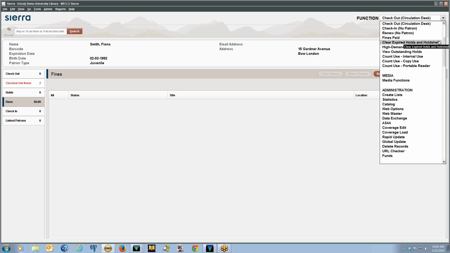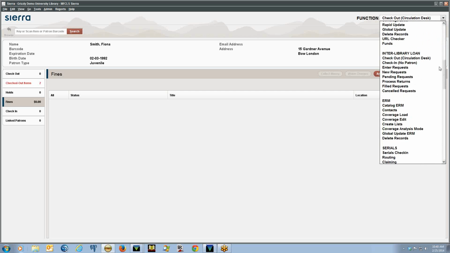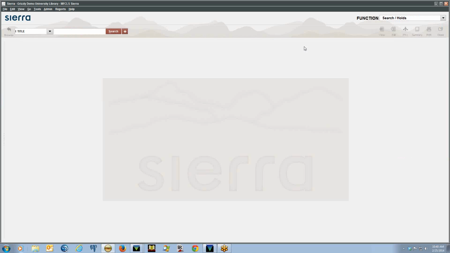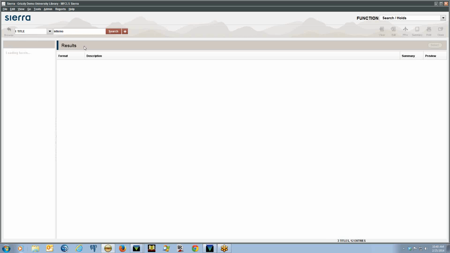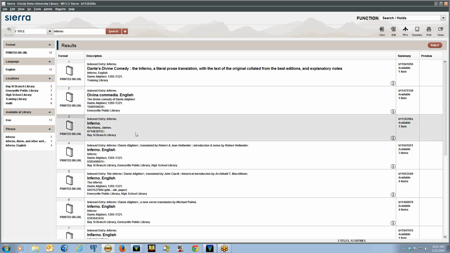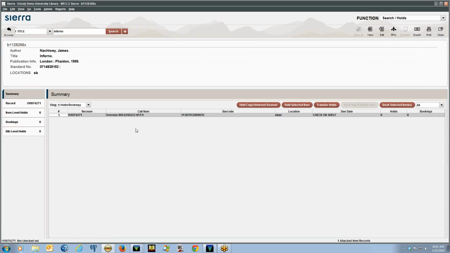If we go to search holds mode, we can walk through the process of placing a hold very quickly. So we'll use this title again. So we've got one item attached to this record. If we wanted to do a hold copy return soonest,